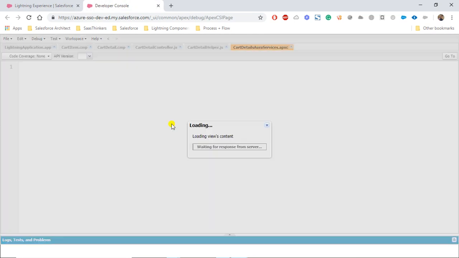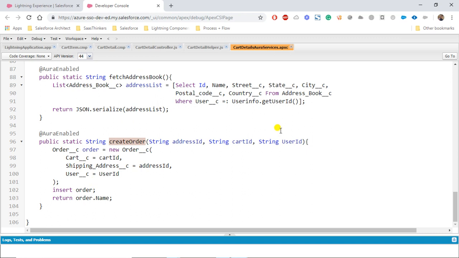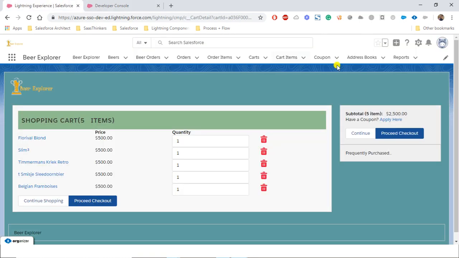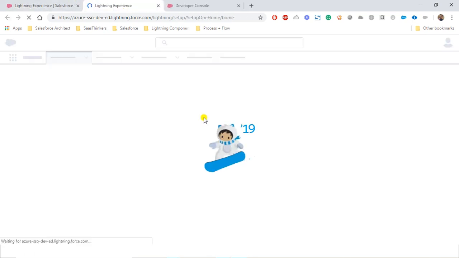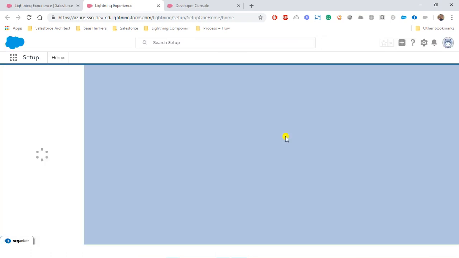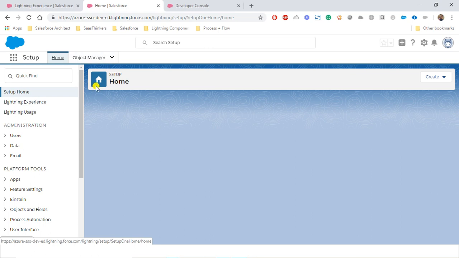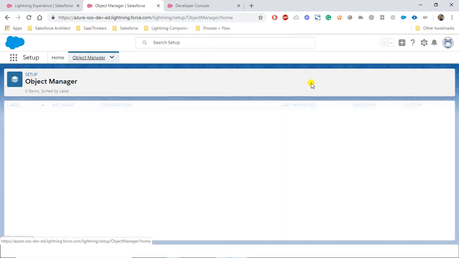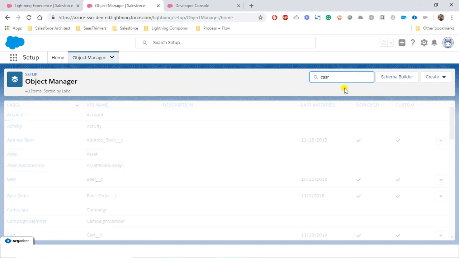So here, after creating the order, as we have the cart ID, we need to create the object of cart and give the ID of the cart, whatever ID we have, and then give the status as closed and is active as false, so that we can close the cart. Whenever the user logs in again into the system, a new cart will be created by default for that user. So let's go to the Object Manager and find the cart here,